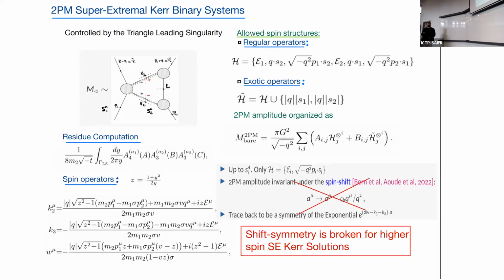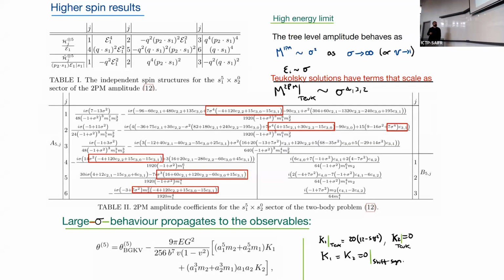But up to the 5th order in spin, your result, as you have said, is chiral symmetric. And it's broken basically by the contribution of some operators in your quantum amplitude, which not only produce an amplitude which is not chiral symmetric, it also produces an amplitude which gives you observable changes in the high energy limit. So for instance, if you went to an aligned spin scenario and asked, what is the high energy limit for the scattering angle, if you plug in the Teukolsky solution for this function, you find a number which is now d squared minus 1.